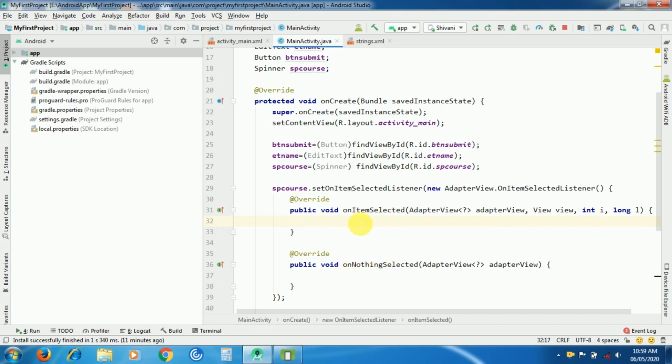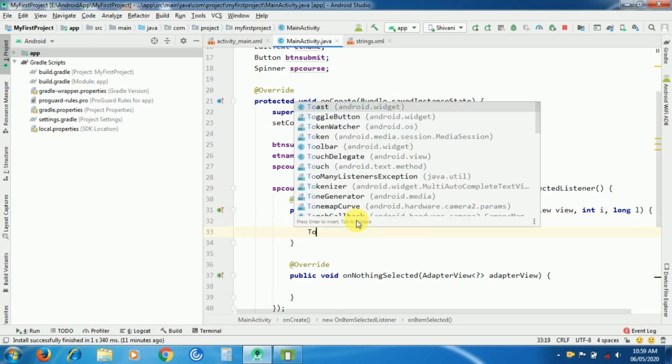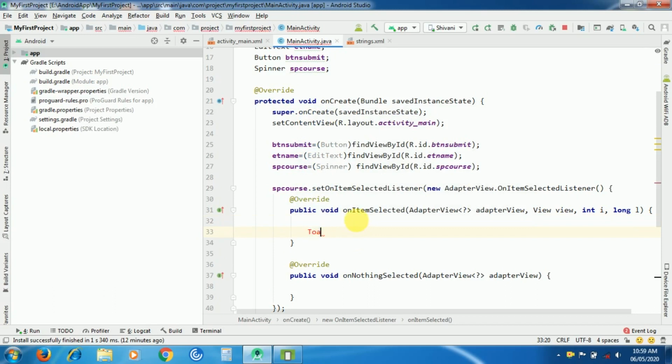So we want output in onItemSelected. What we want is the name of the list item which we have selected and its position. So we'll write the code for the toast. This is the code for the toast, and here we have to give the course name which we have selected. I will give here the label as course name, colon,